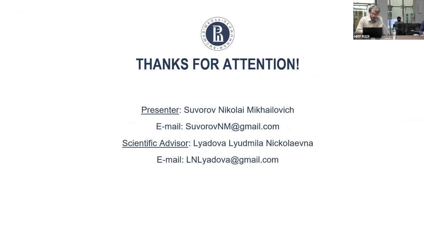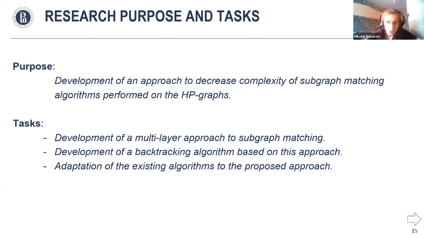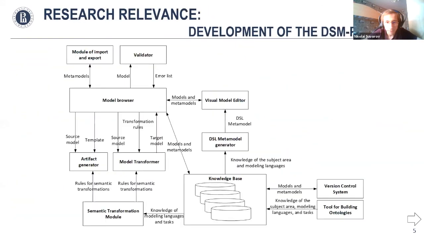I have a question concerning HP graphs. Do you have any idea how to use existing modeling frameworks like Eclipse modeling tools or something like this to implement HP graphs? How could it be done? Frankly speaking, I would skip to the architecture. We're developing our own so-called DSM platform, which would be based on this HP graph model. I guess that it will be quite difficult to use the existing frameworks to make a modeling system based on the HP graph.